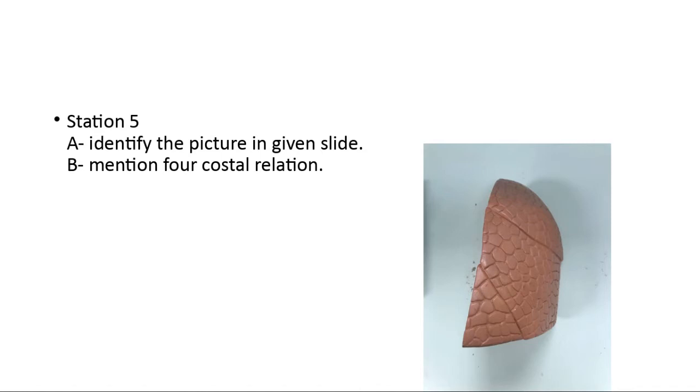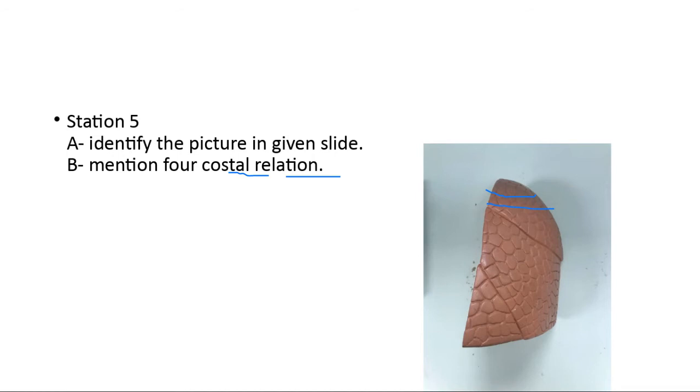So what do you want, the answer? Answer B. Mention the costal surface. On the costal surface, it is related to what? It is related to the ribs. You have the relations of the ribs, intercostal muscles, sternum. All these are the relations of the costal surface of the lungs.